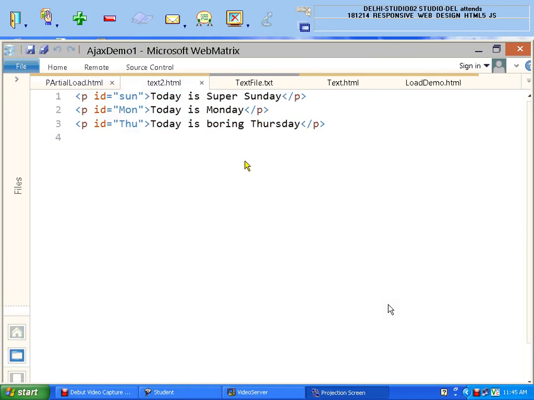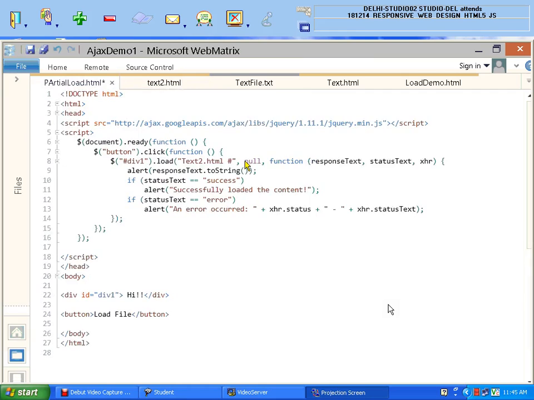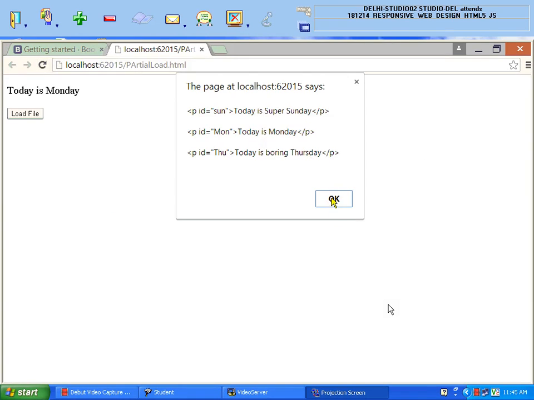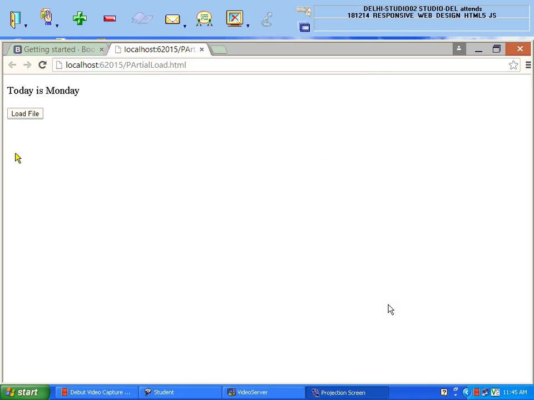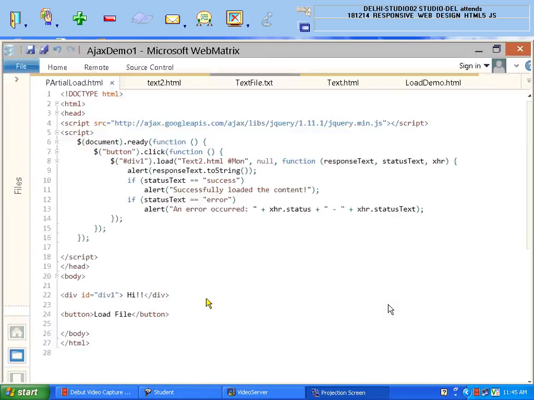If I change it to MON and try to reload, you can see, today is Monday. Now coming back to my web page, see this, the second parameter, null.